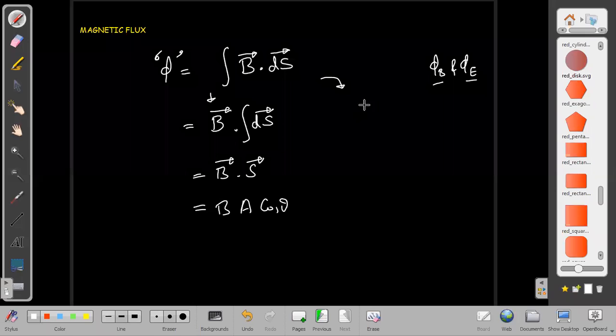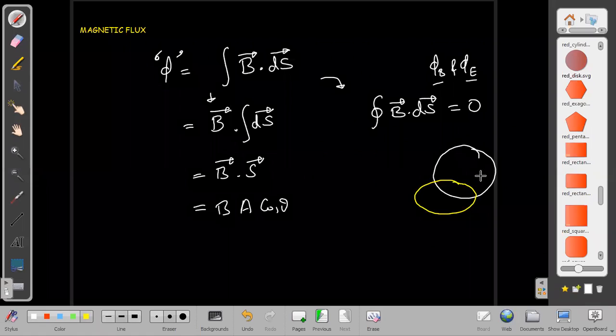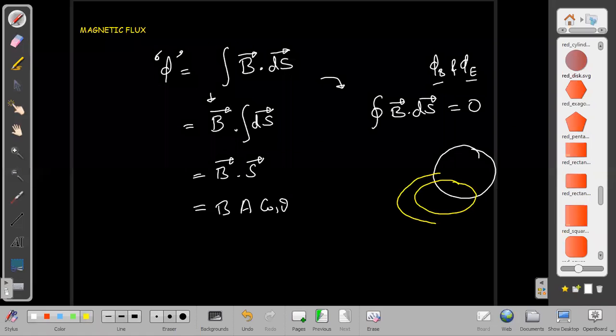Somebody may think that in that case we used to do something like this also, the closed surface integral. What will happen if I take the closed surface integral here for magnetic flux? That will be just zero, because the magnetic field lines always form closed loops. So let us say these yellow lines are the magnetic field lines. Whatever magnetic field line is in the space will always be forming a closed loop, and if it is forming a closed loop, then those will be entering as well as leaving the closed surface.